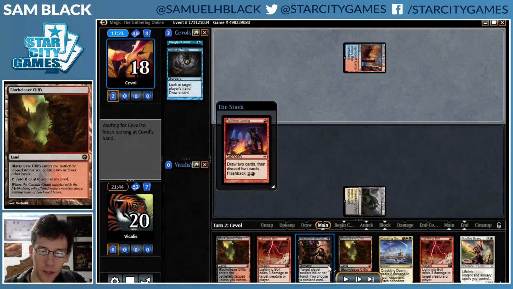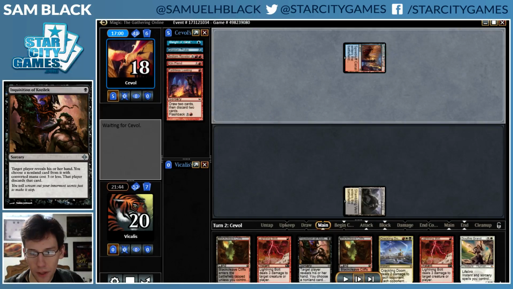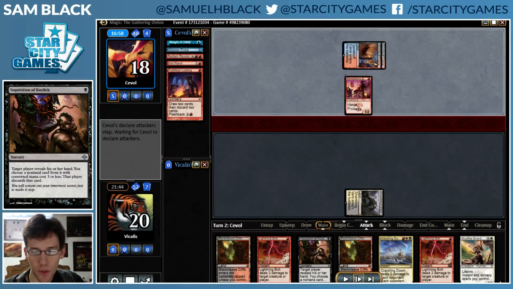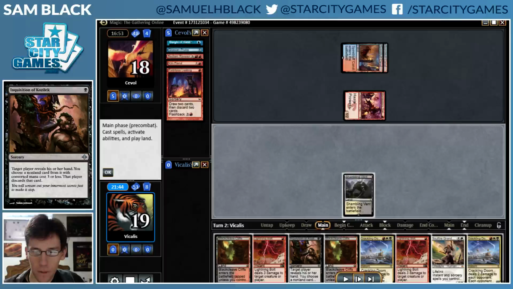they can't play anything that matters right away other than a creature. Inquisition is kind of better later anyway, although I'm not necessarily going to wait on it for a long time just because I don't want to have to find a time to have the mana free later. So